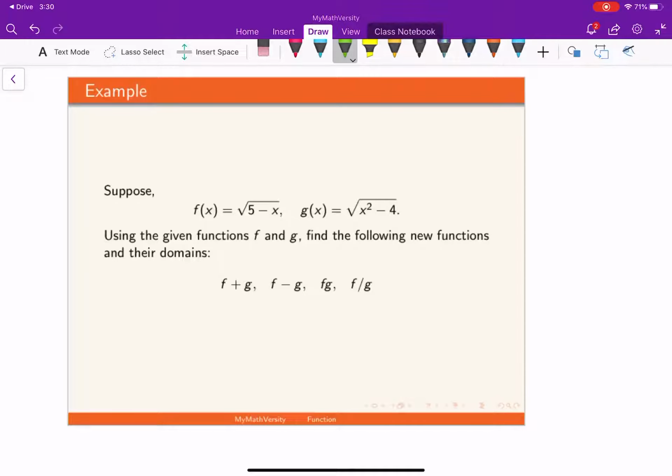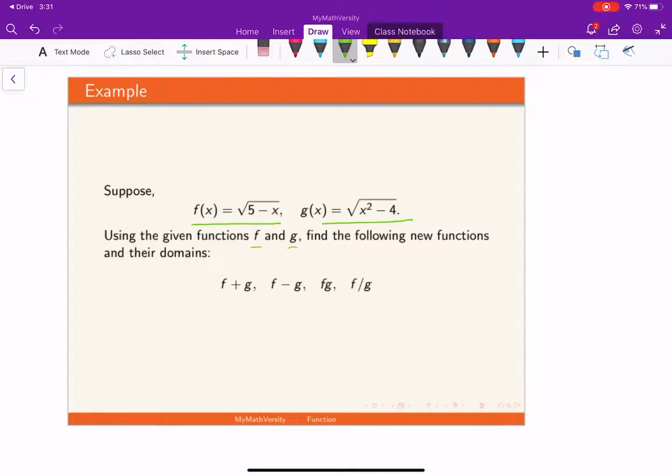Suppose that we are given a function f of x equal to the square root of 5 minus x, and g of x is equal to the square root of x squared minus 4. So let's assume we have these two functions. Our goal in this example is to use these two functions f and g